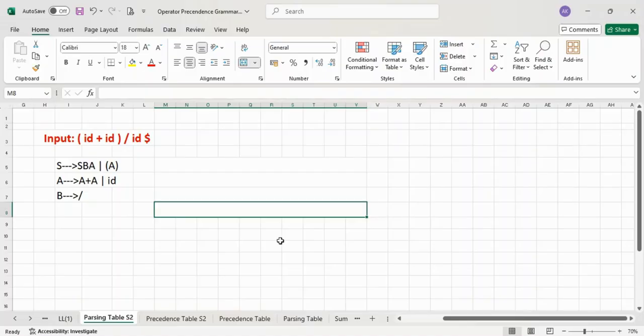In my previous video, I started with the concept of bottom-up parsing. We saw two types of bottom-up parser in that video. One was shift-reduce parser and the other was operator precedence parser. We solved one example on both the topics. That is, we solved one example on operator precedence parser and we solved one numerical on shift reduce parser.